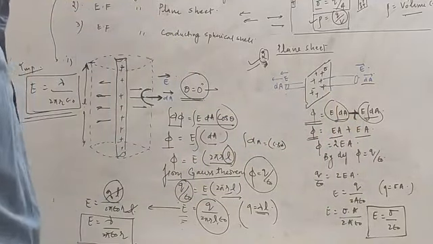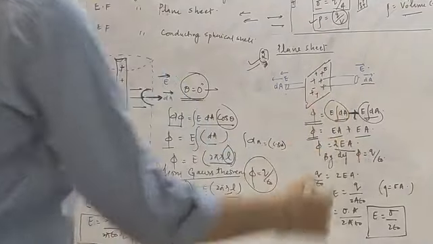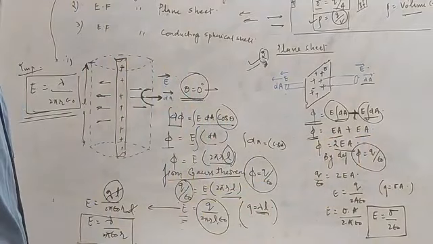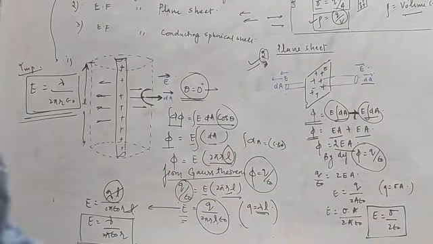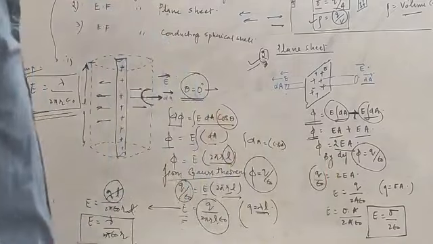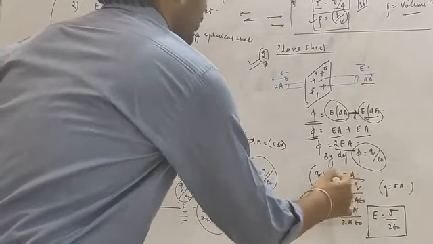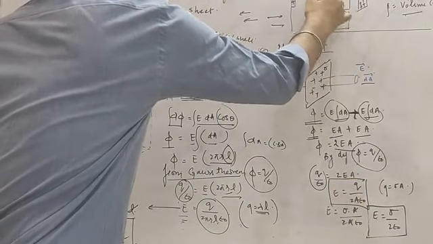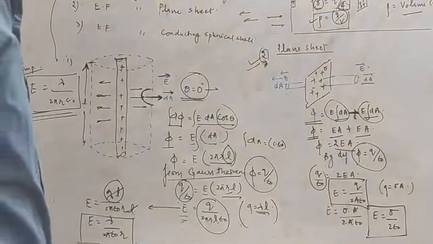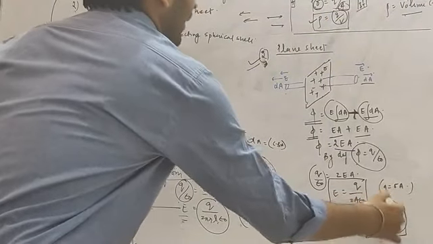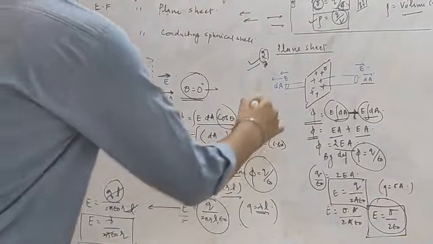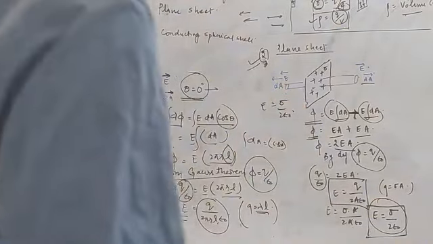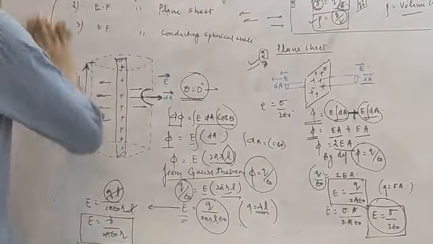Integration of dA we have taken as A, so phi equals 2EA. And by the definition of phi, from Gauss law, phi is equal to Q upon epsilon naught. So if we substitute the value, 2AE will be Q upon epsilon naught, so E will be Q upon 2A epsilon naught. If we substitute Q equal to sigma into A by the definition of surface charge density, A will be cancelled out and the value of the electric field is equal to sigma upon 2 epsilon naught. This is again a very important result, and a question from this result can definitely be asked in our board examination.